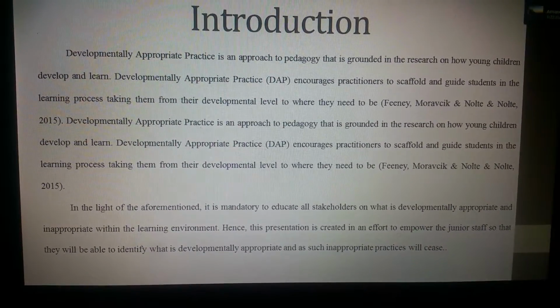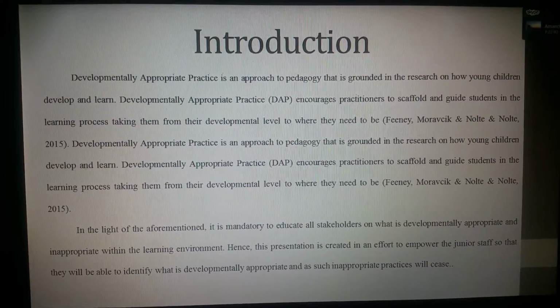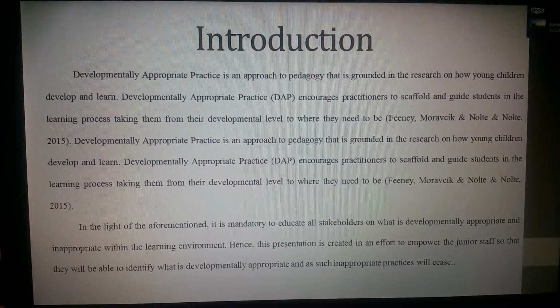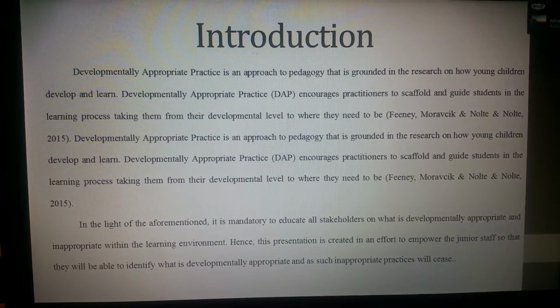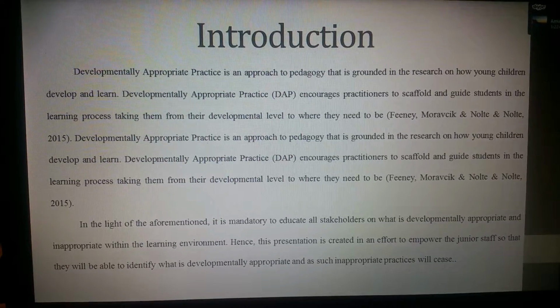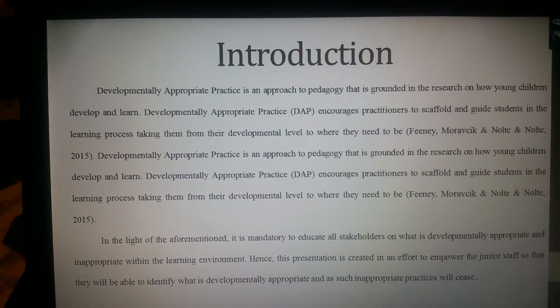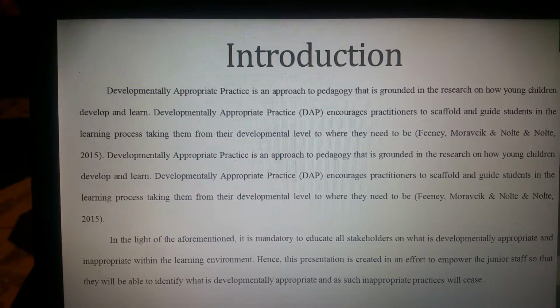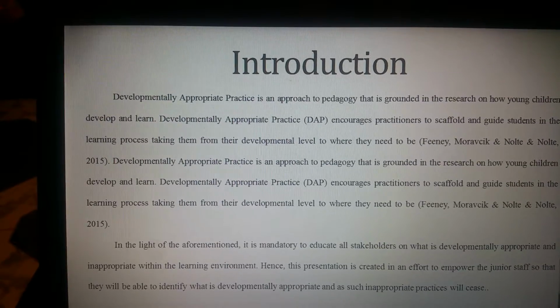By interacting socially with the students and encouraging developmentally appropriate practices, these can foster good teacher-student relationships as well as teacher-parent relationships. It is mandatory to educate all stakeholders on what is developmentally appropriate and inappropriate